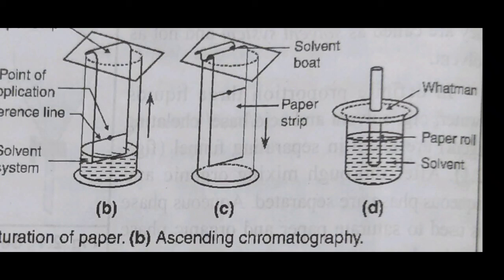The flow rate is fast and separation completes quickly. It is good if solutes differ largely in K values, that is partition coefficient values. If the required separation is not attained, the solvent front is left to run off the end of the paper. Then diagram D is the radial or circular chromatography. The mobile phase moves laterally from the center. The paper is held in a horizontal position and the solvent is conducted by a vertically placed paper roll. This is shown in diagram D.